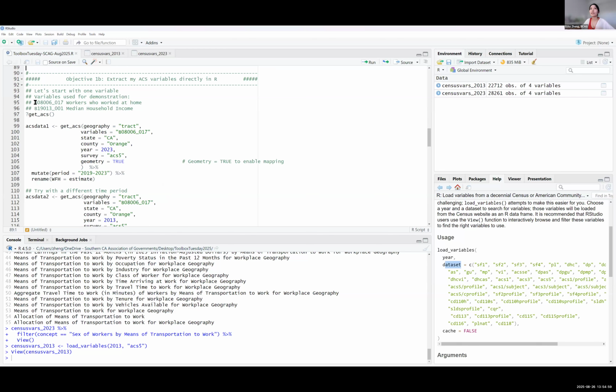So earlier we have this B080006_017, workers who work from home. I'll just make a short note here. We'll be extracting this variable. And to give you another variable as an exercise, I also put median household income here, which is